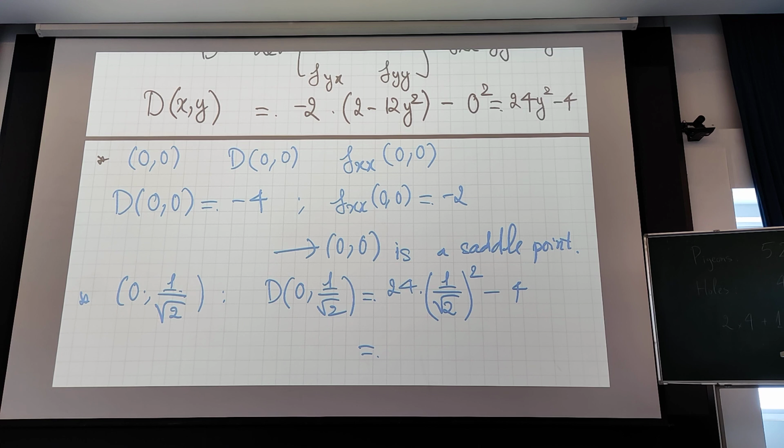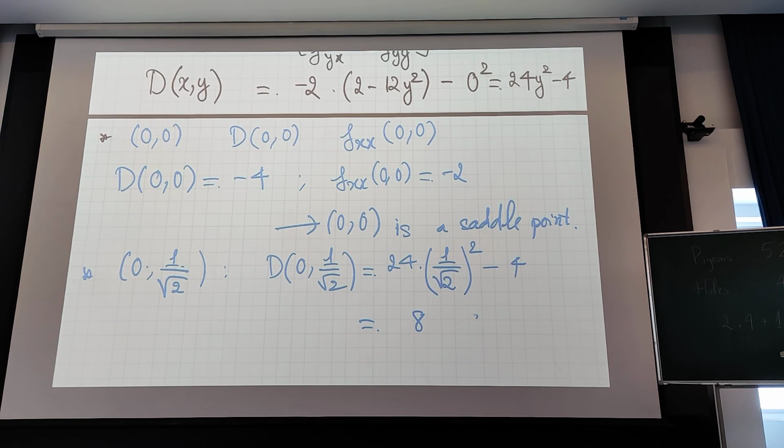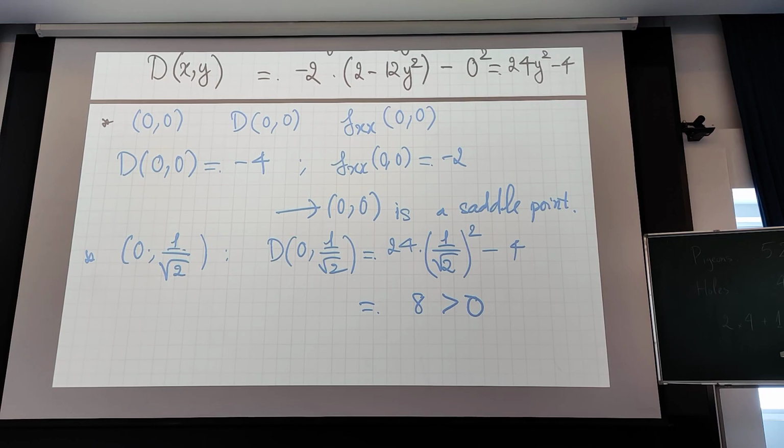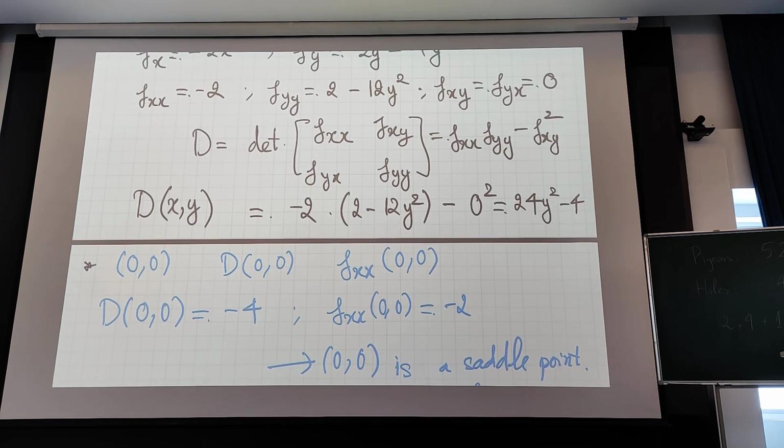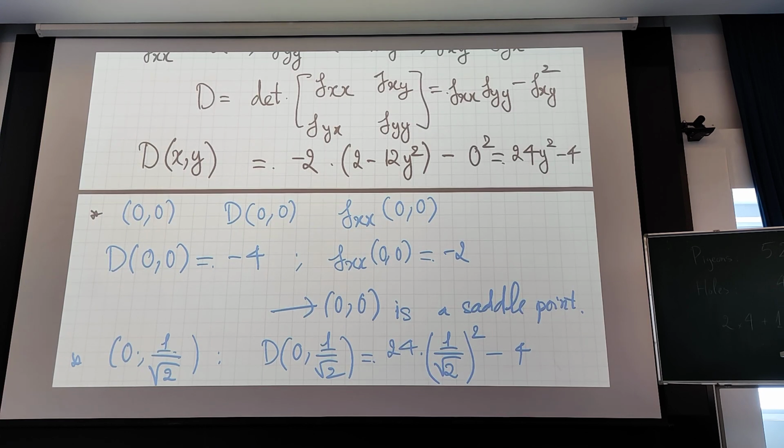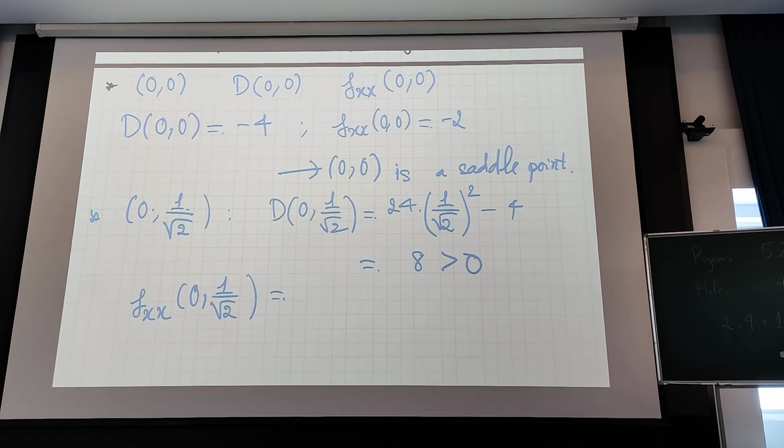And it is equal to 8, and it's positive. Now we need to check the second order partial derivative fxx at (0, 1 over square root 2). And you can see that this second order partial derivative is a constant number for every (x, y). It is minus 2,